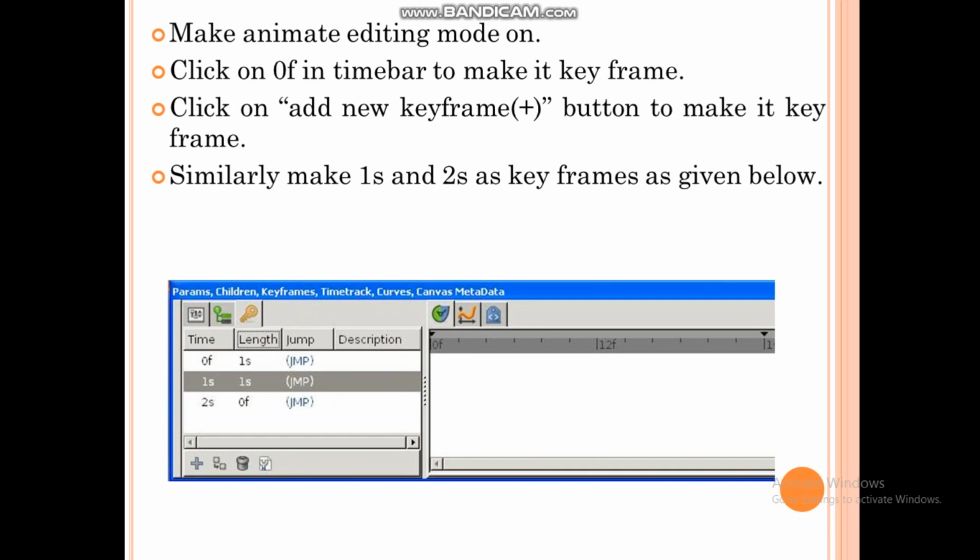When you want to make a particular frame a keyframe, first of all click on that particular frame and then click on the plus button. So here 0f, 1s and 2s, these 3 frames we have made keyframes.